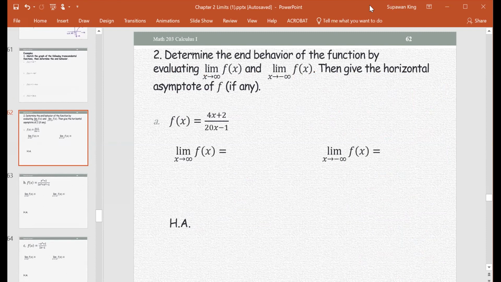Simplified version, when you look at the end behavior, which is the limit at infinity or at negative infinity, that would give you the horizontal asymptote. You see the relationship? The limit at infinity tells you the end behavior and also the horizontal asymptote. Quick way. Since you are looking at the limit at infinity,